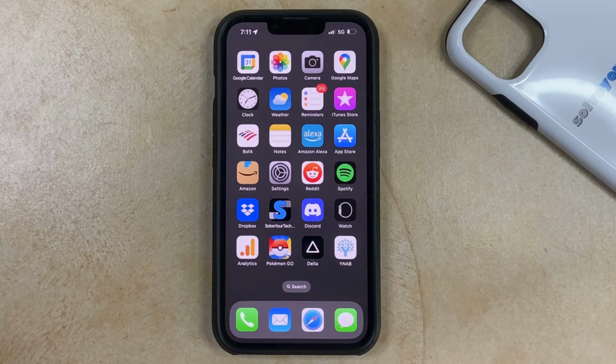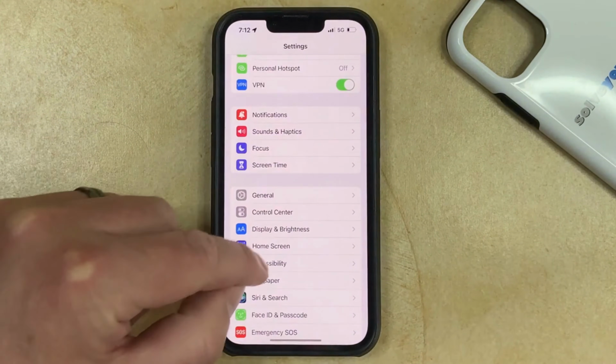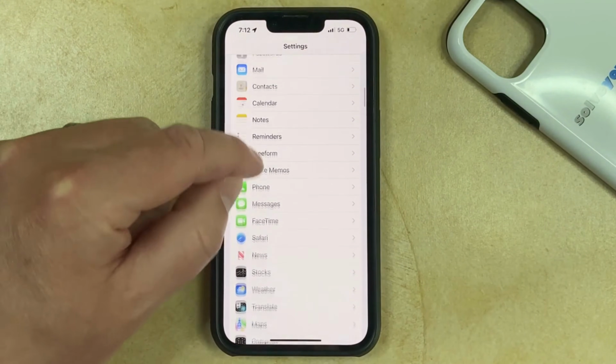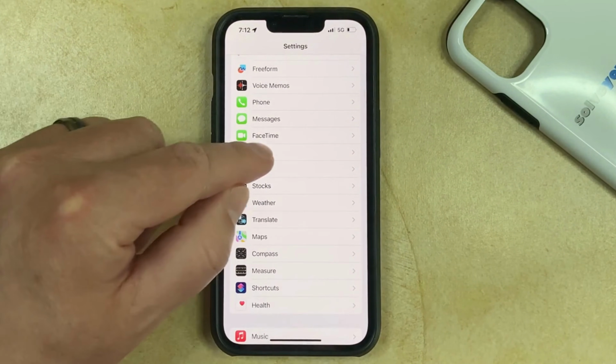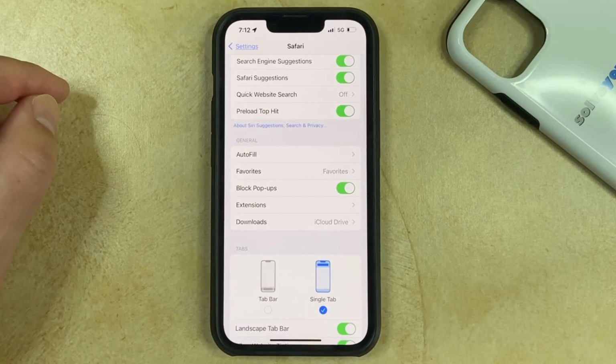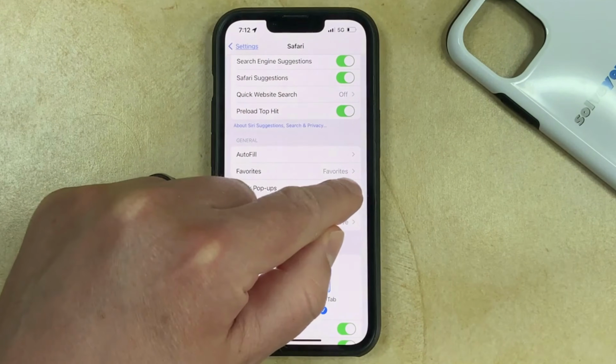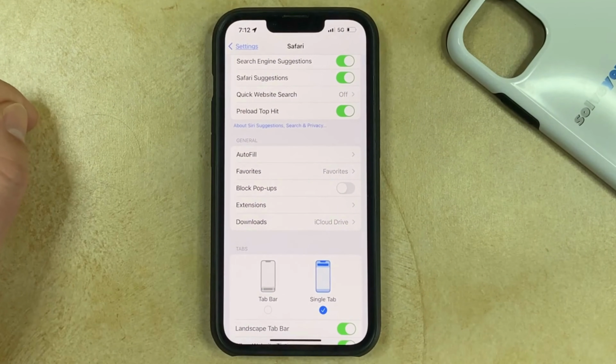Now let's check out the steps. To turn off the pop-up blocker in Safari on an iPhone 13, you need to open the Settings app, scroll down and find the Safari option. Then you need to scroll down, and then in the General section, you'll see that there's a Block Pop-ups option here. Now we just need to turn that off. Now when you go back to Safari and visit a web page where you need to access a pop-up, that